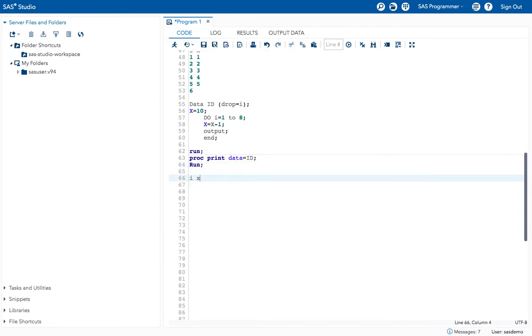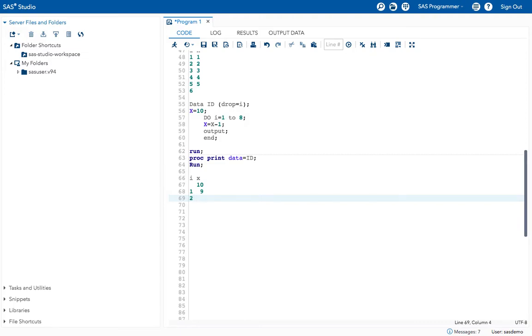i and x. Okay, what is the i value when the program started? Nothing, right? What is the x value? 10 here. In the next iteration, what is the i value here? 1. Okay, and what is the x value here? Then x equal to x minus 1. What is the x value we have earlier? We have 10 as the x value, so 10 minus 1 is 9. Write it here. Okay, and again it repeats the process, and in the second iteration, what is the x value?